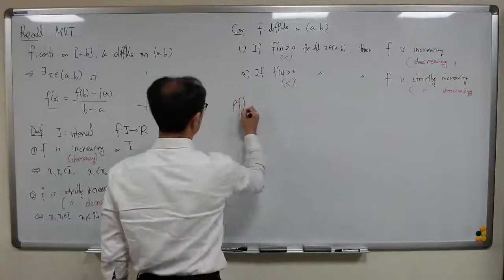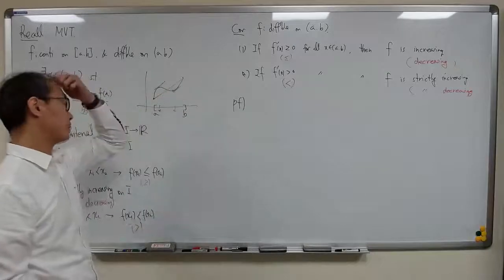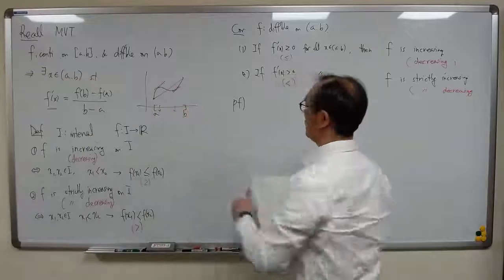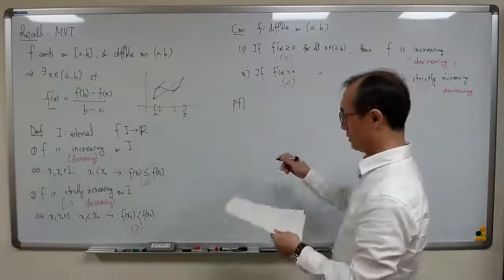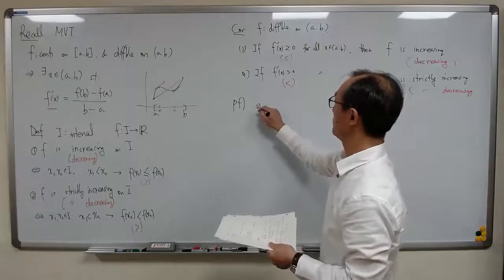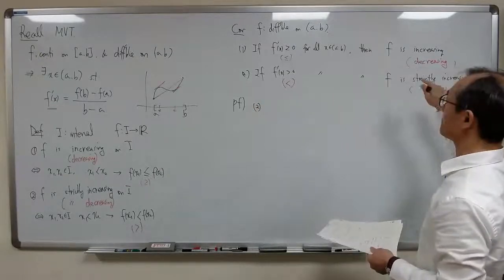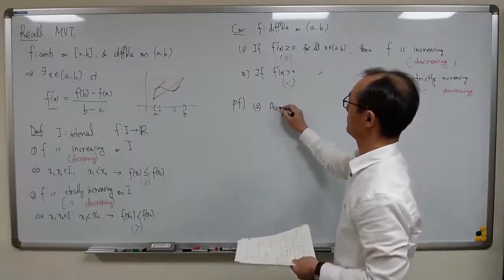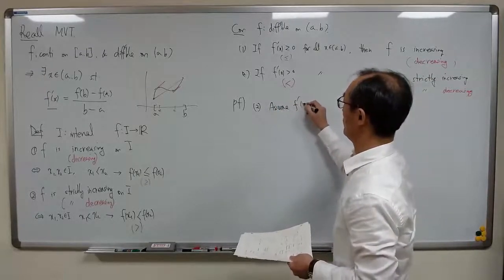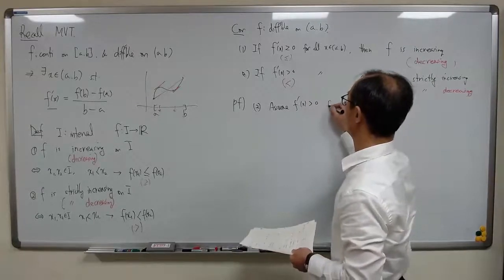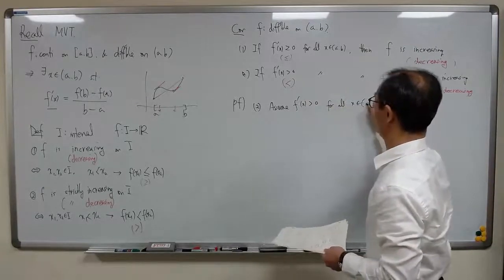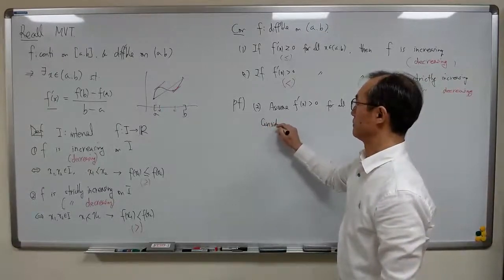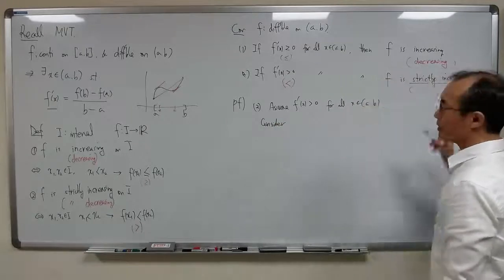Okay, the proof of this property. I think all of you already know this property, but the actual proof relies on the mean value theorem. Let me just give you the proof for the second statement with a strictly positive sign. So let's assume the derivative f prime of x is strictly positive for all x in the domain of the function. Then, to verify the strictly increasing property,